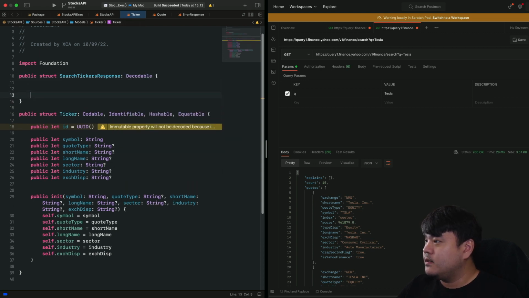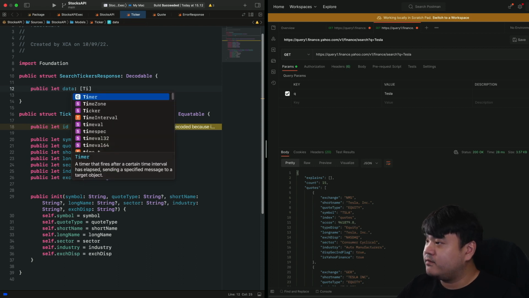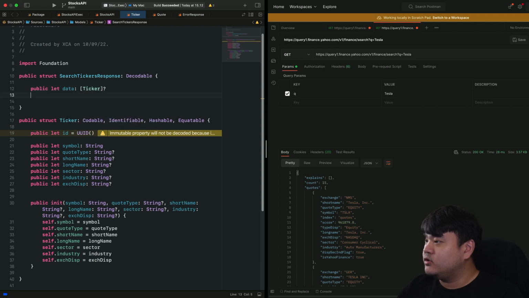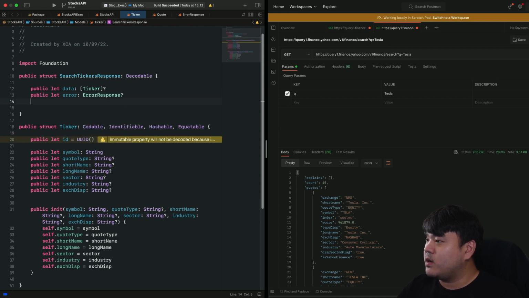Okay, for this we're going to have similar public properties. Public let, let's begin with data, and for the data we're going to have array of Ticker. It's going to be optional, and for the error it's going to be ErrorResponse optional,